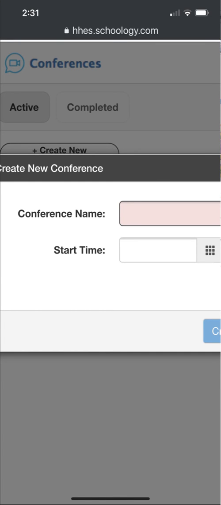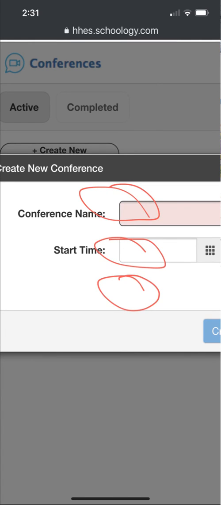So after creating new, you can name the conference, give it a start time and an end time, and also a date. So you can schedule a bunch of them. But what you also want to do is